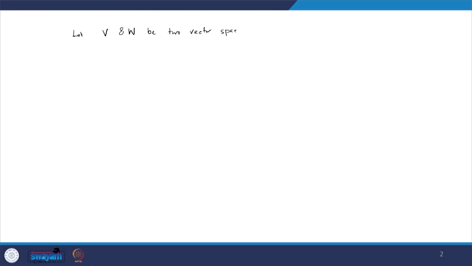That is, let V and W be two vector spaces defined over a field, say capital F. If we consider T and U to be linear transformations from V into W. Then